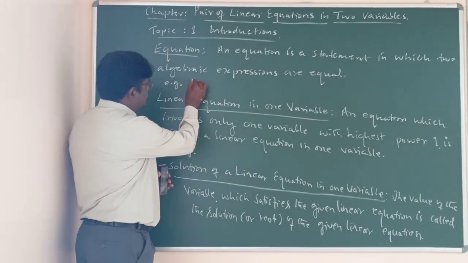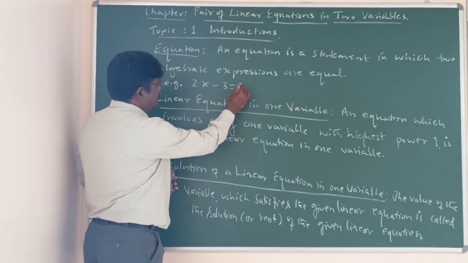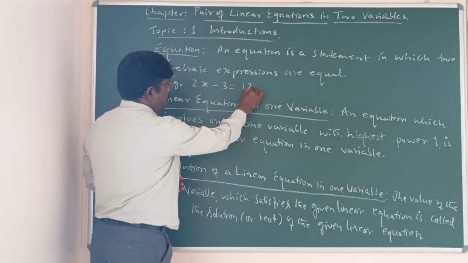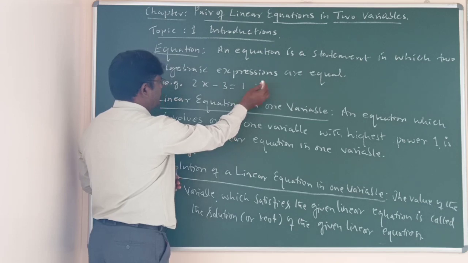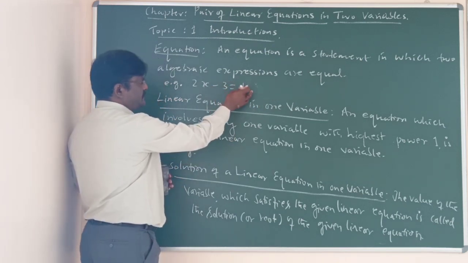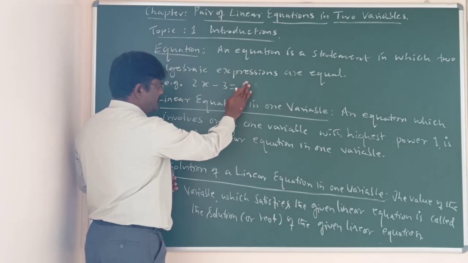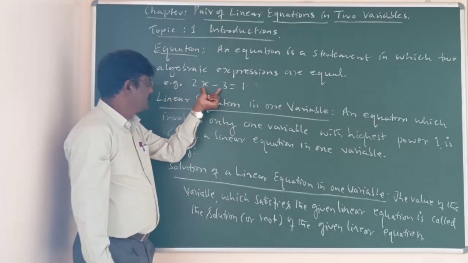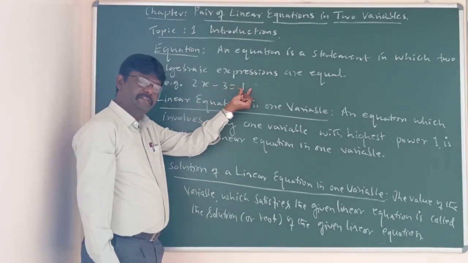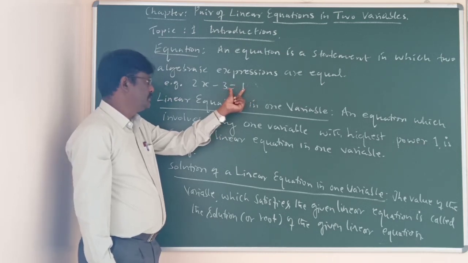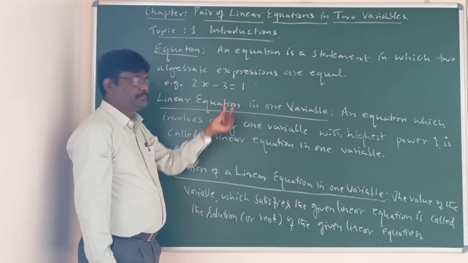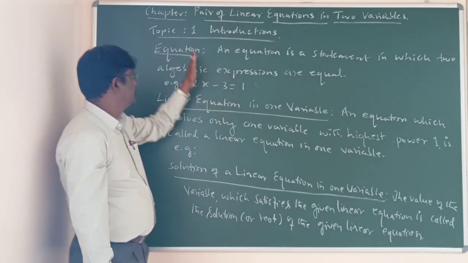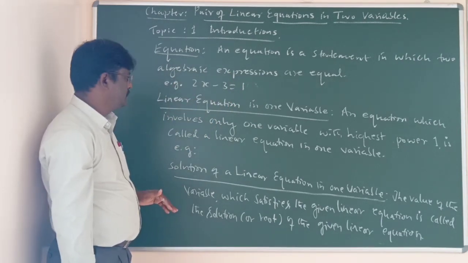Simple example, 2x minus 3 equal to, say, 12 like that. Or maybe 2x minus 3 equal to any number, 12, 5, 1 and so on. Let it be 1 itself. Okay children, so this is a statement. This is an expression, and this is also an expression with degree 1 and a constant. These two are linked by equal. It need not be anything, it can even be 0 or 1x, 5x, anything. That is an equation, the most familiar common one.